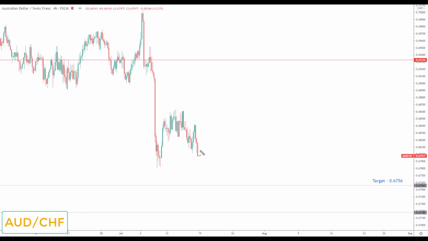However, if you weren't already short from last week, any pullback once again is simply viewed as another opportunity to look for bearish reversals in this market, down towards the next key of support to the downside and the target set at the 0.6756. I think Aussie Franc and Aussie Dollar are two of the better markets out there next week.